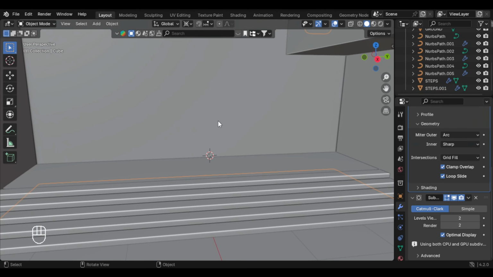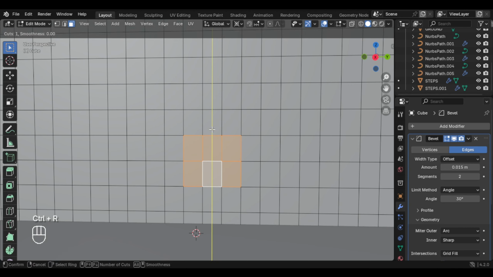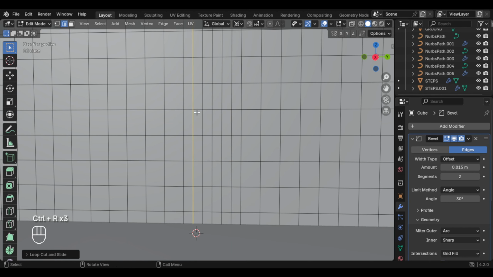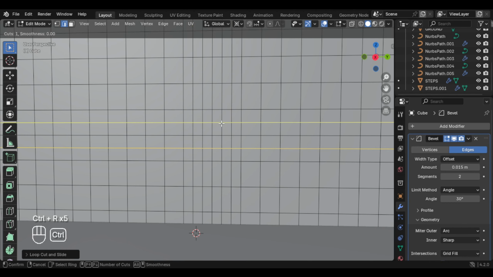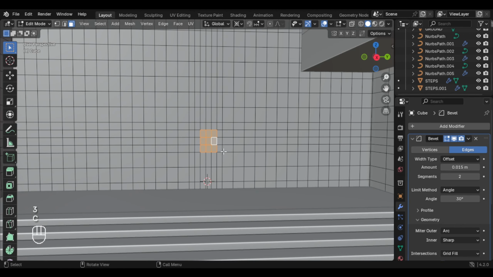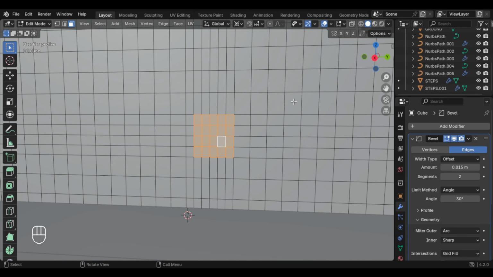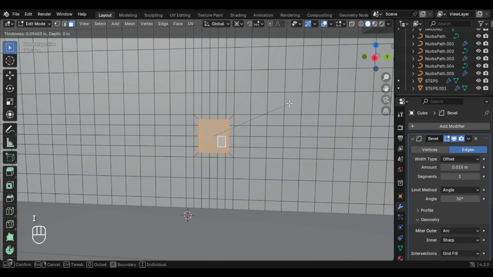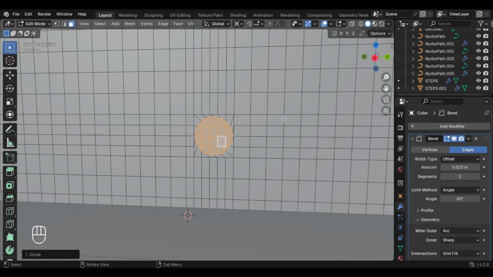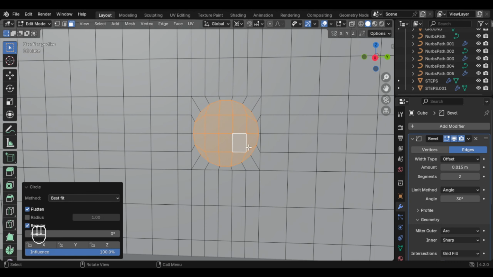And let's make the door here, so we can just select the walls, and let's make one loop cut in the middle like this, and also one here and one here, and we can make 2 more like this. And now we can just select the face and I, and right click, loop tools and circle, and we can make this 0 so it is straight,